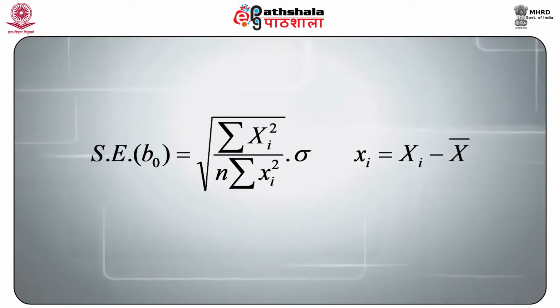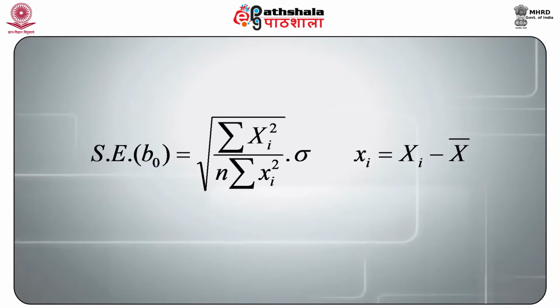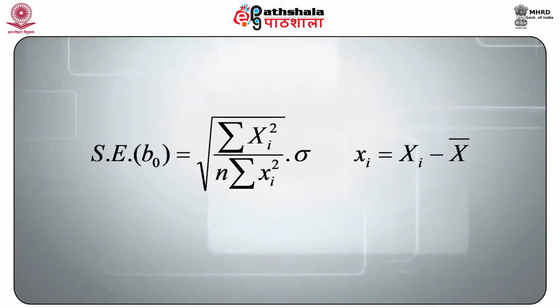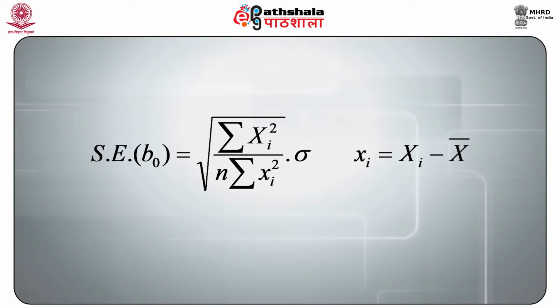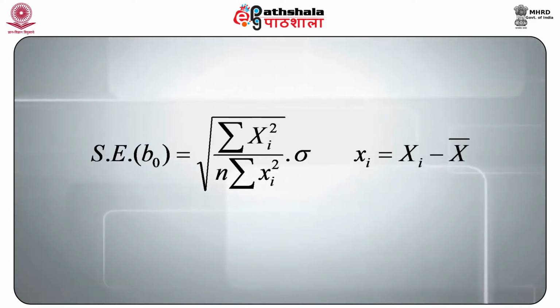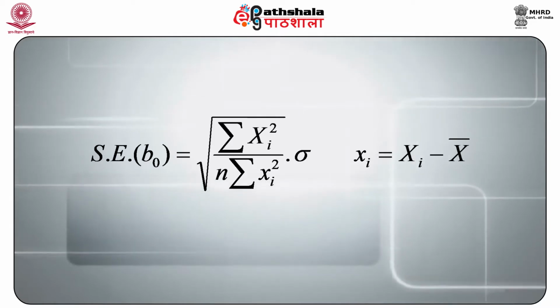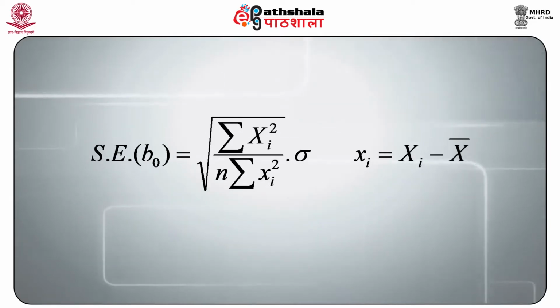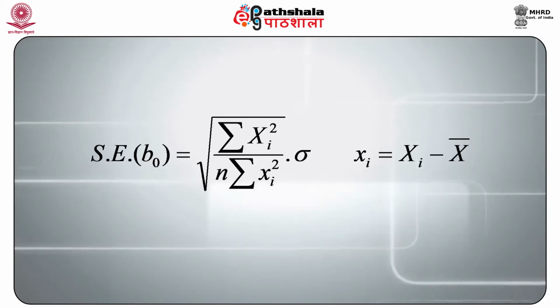Now from this we can find out that the standard error of B0 will be equal to the square root of the term which we have denoted in 3, and therefore is equal to the square root of summation Xi square divided by n summation small xi square, into sigma, and let me repeat, this small xi is equal to Xi minus X bar. We can denote this entire formula as our fourth equation.